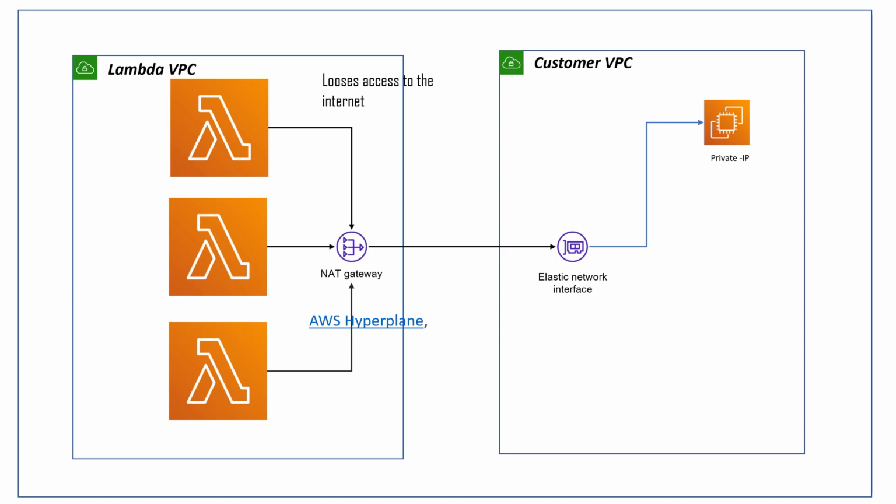Now, one thing to note is that if your Lambda is not connected to your custom VPC, then it has access to the internet. However, the moment that it's connected to your custom VPC, then it loses access to the internet. To make that work, you have to actually create a separate NAT gateway in your custom VPC and make sure that the Lambda has access to the internet. So let's go and have a look at a demo and see how this works.